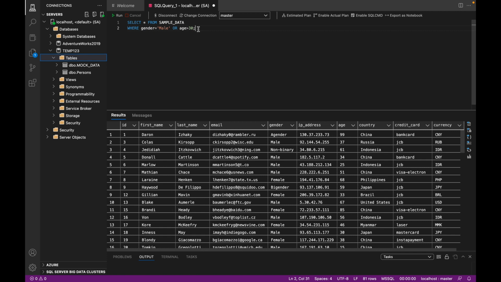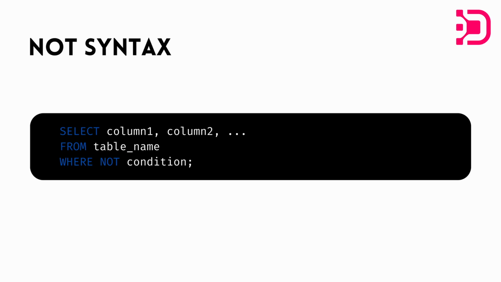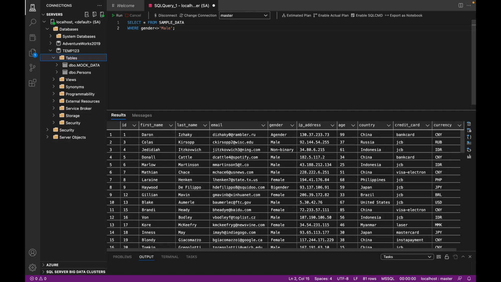Now let's look at the NOT operator. NOT is again very similar to the not equal to operator which we had seen in the last video. In the last video we had specified it like this: we had done a less than or greater than between the column name and the value. But here what we would do is write WHERE NOT